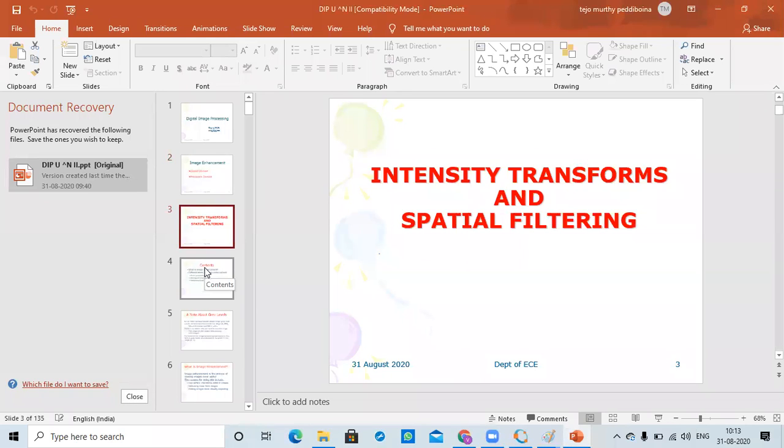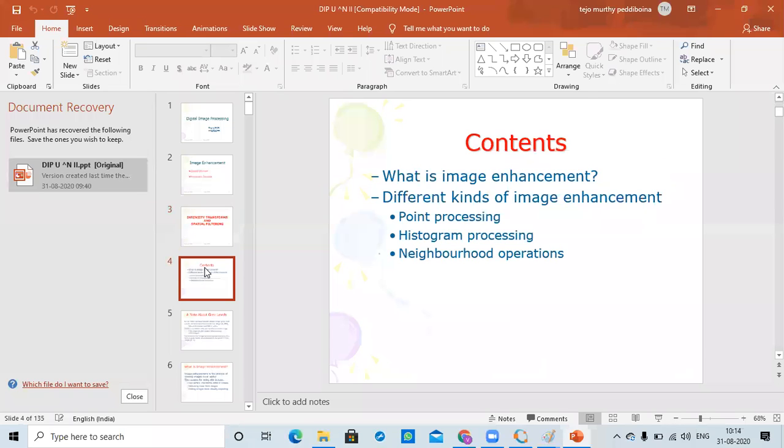So now let us understand what intensity transformations are: how to convert intensity values to new intensity values, which we will either enhance, or sometimes compress, or stretch, or convert, for example, if it is black, we can convert it into white, etc. We will do certain operations. Each one is called an enhancement method only.